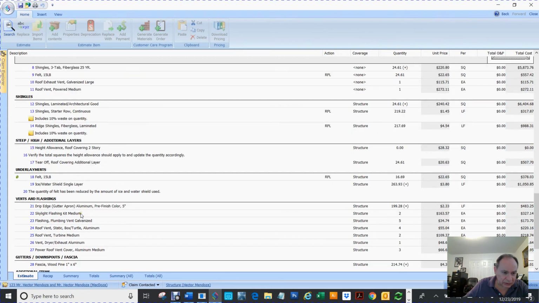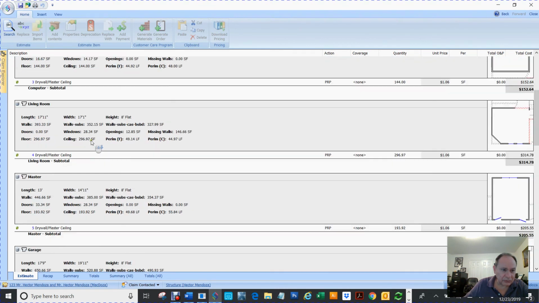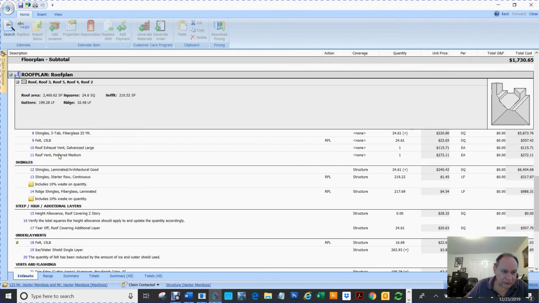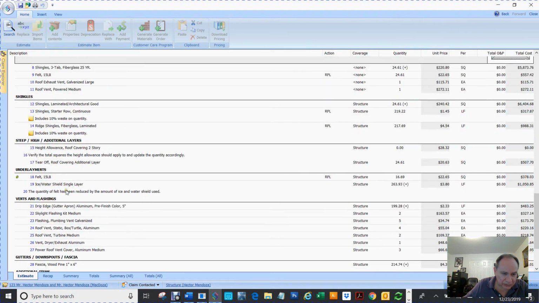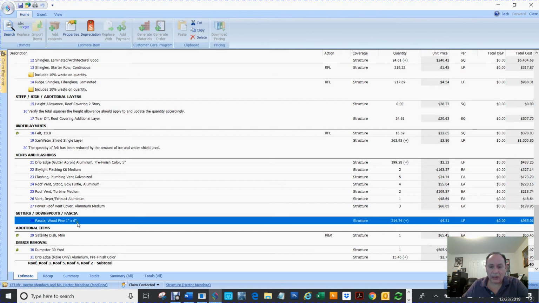Ice and water shield. I think it's throwing it somewhere else. Let me see. Bedrooms. Okay, so with a single fill, ridge, hydro, fire, fill, ice, grip edge, skylight, flashing. Here we go, fascia. Okay, so you see right here on the linear feet, if I double click here,